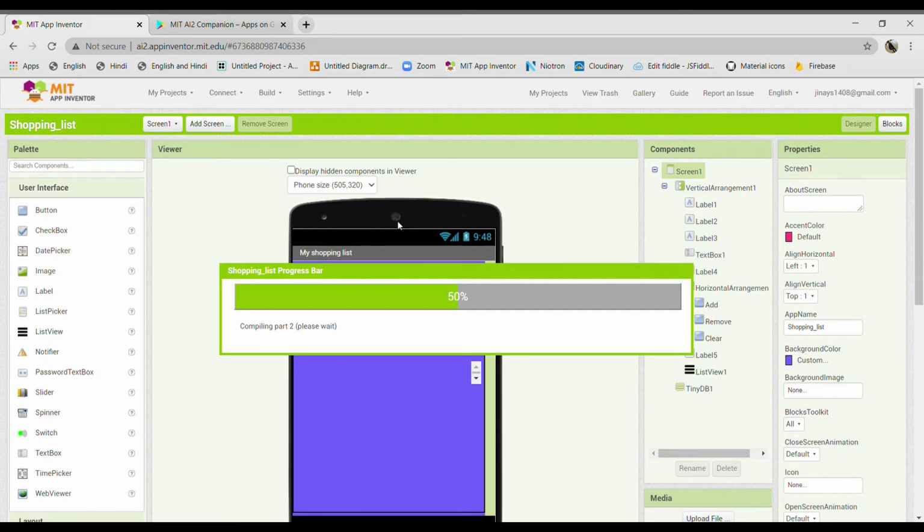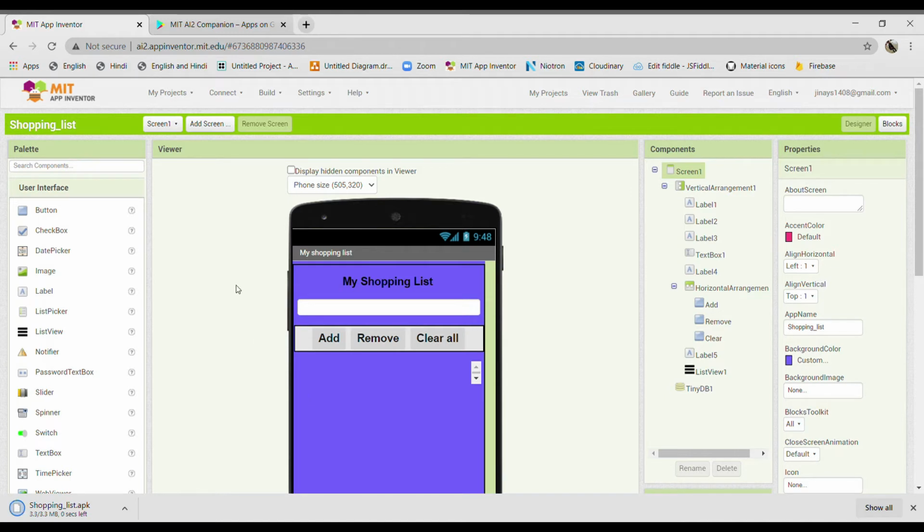Like there are many: BlueStacks, LD Player, and many more you will get on Google. So you can install that and you can open your APK files. So in this way you can save your app in your computer.